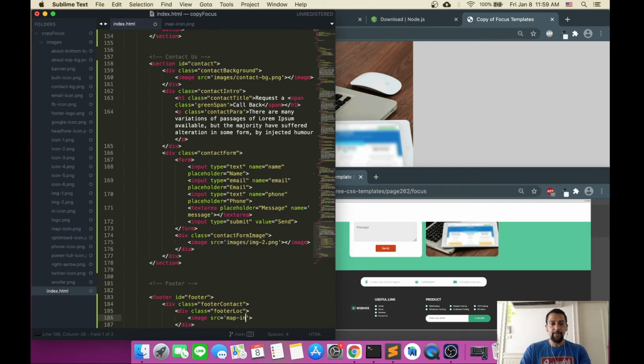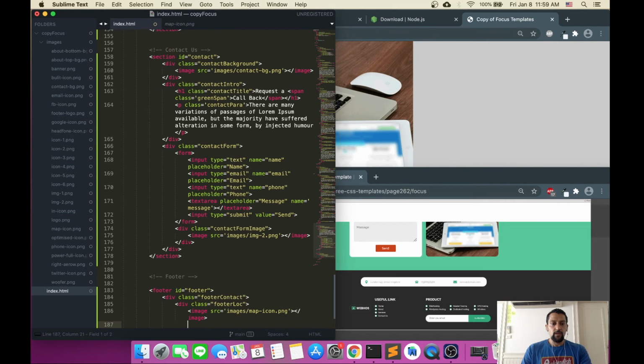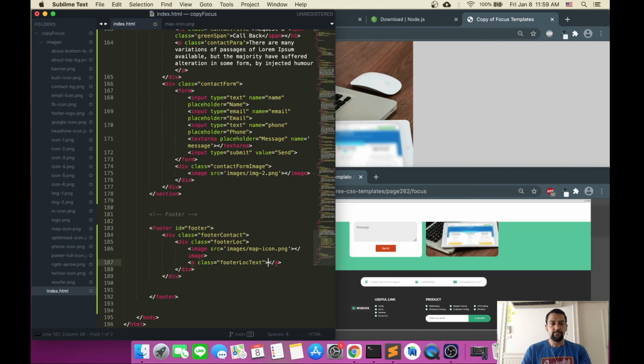So that is map icon.png, and it's in images, and there we go. And inside here, I also want to put in London, actually, sorry, I'll put this in as paragraph, footer loc text, and we have London 145 United Kingdom, and since we have 3 of these,